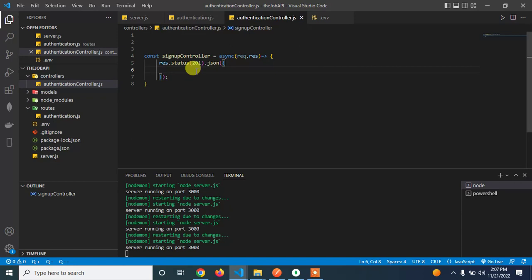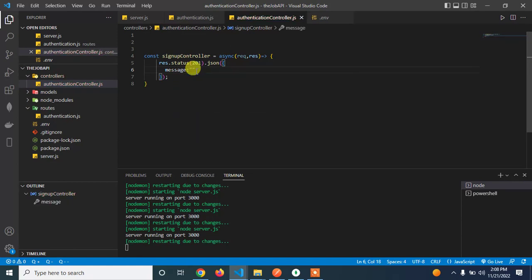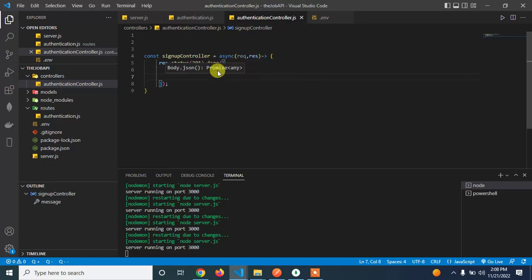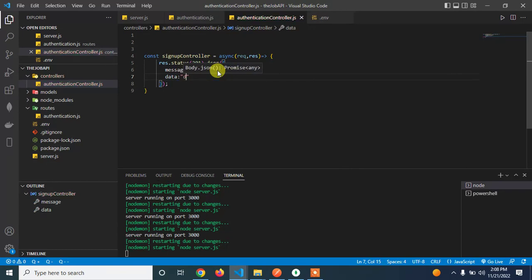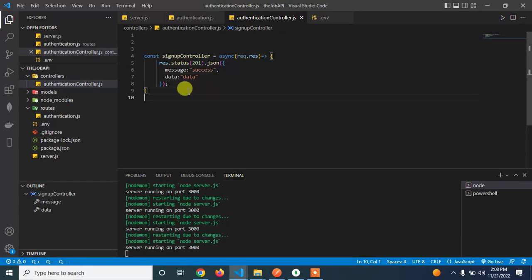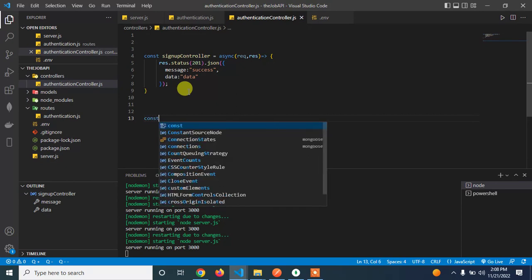So now I'm going to have a message so that when people make requests to our endpoint, they will have a message. All right, say success. Let me say that it's successful, and then we should be able to return data. For now, we'll just have it like this. Okay, and then I will also have